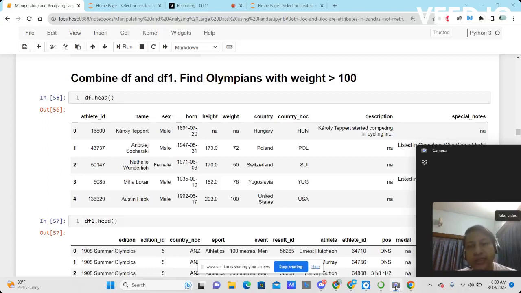Today's topic is how to apply conditional statements on combined data frames. Also, we'll discuss how to look at the joins: the inner join, the outer join, the right join, the